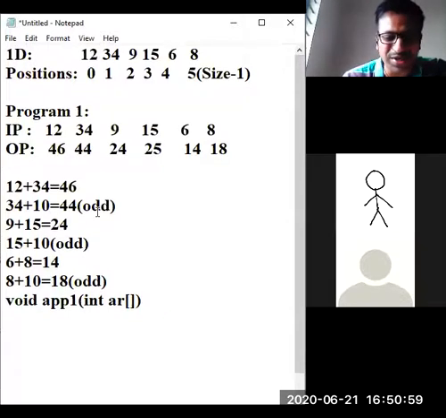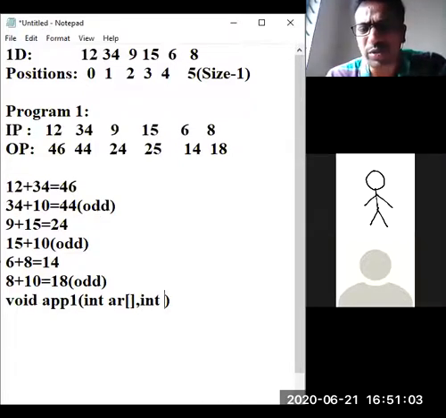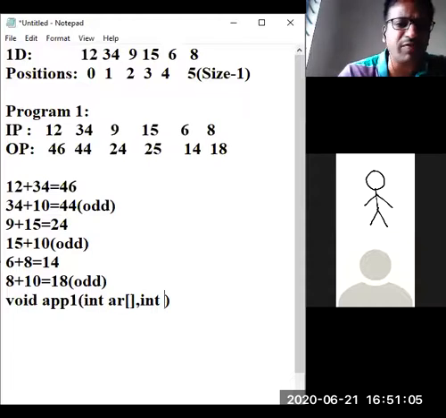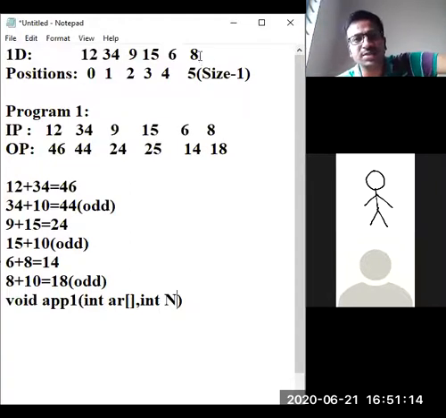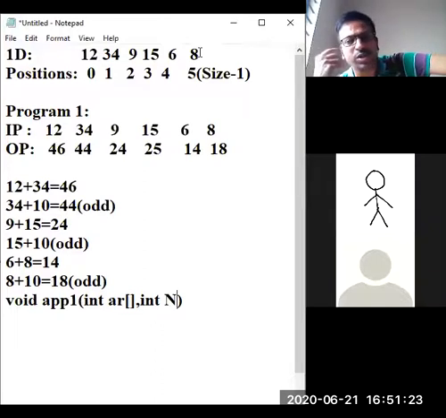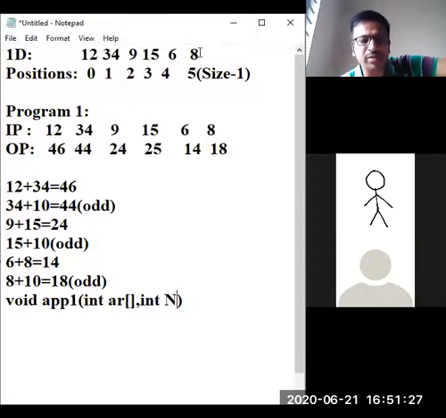The number of elements also they may give. You need not take that. They will give that. If they don't give any parameter, then only take it in the function itself. That is also easier. I will use, say, for example, n. N is the number of elements, because the number of elements which you have taken in this program is 6. So 6 will be passed to n. N you are going to accept from the keyboard, in the form of 6 or 7 or 8, whatever you want. So if I pass 6, 6 will reach n. And I'm going to pass some elements also from the keyboard.